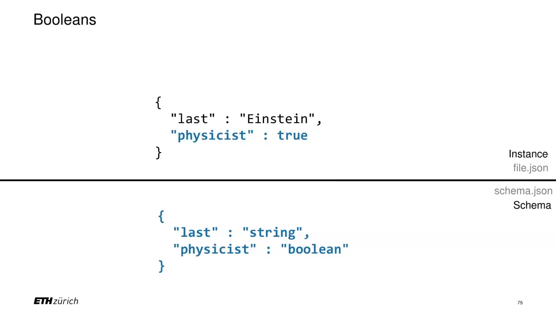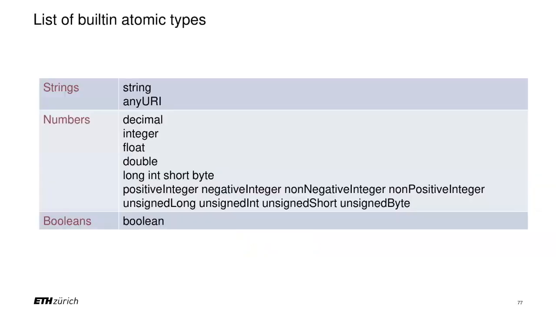Okay, now we have Booleans. Is that valid? Yes, absolutely. Physicist is expected to be a Boolean. Is that a Boolean? Yes, true. That's the lexical value of a Boolean. So yes, this is valid. Then we have a special type called null that has only one value that is null. And so location has to be null. So yes, it is valid as well. Who is with me? Everybody, right?